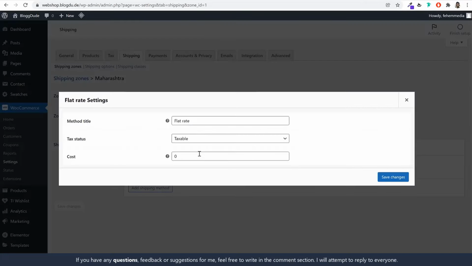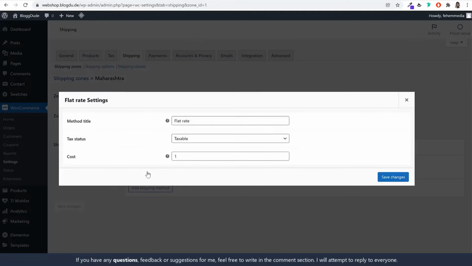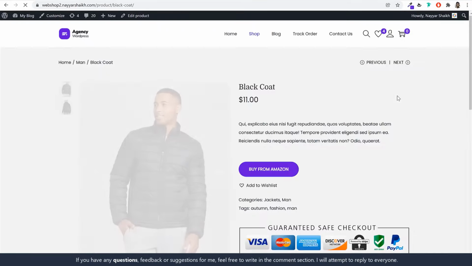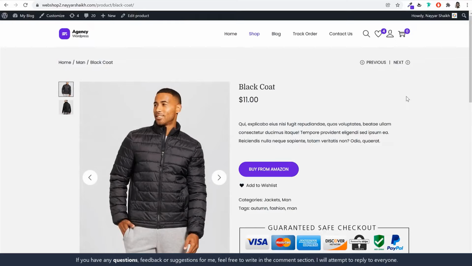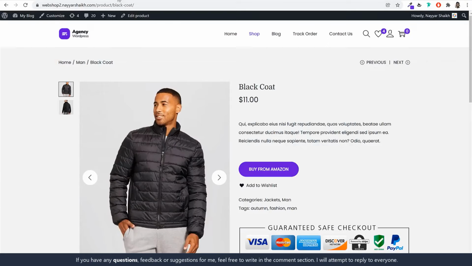Now click on edit. Under this cost, I have set the currency US dollar. So maybe I want to charge $1 for shipping price. Okay, so I can type in this and click on save changes. But if you do this, there will be one problem. If a person is purchasing some product, maybe this black coat, they will be charged $1 per product shipping. If the same person purchases this product in 10 quantity, 10 different coats, still the charge of shipping will